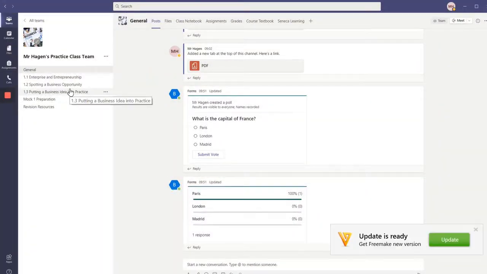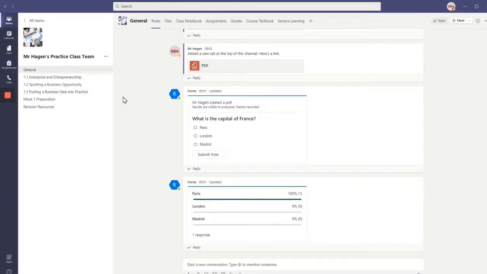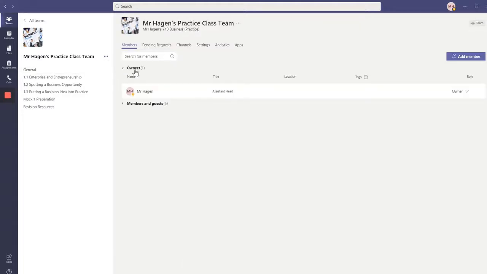So in terms of the admin settings, to make sure that students can only do on Teams what you'd like them to do, you need to go on to these three dots here to access all the settings, just next to the Teams title. And then go to Manage Team, and then go to Members. So you can see here, I've just got Mr. Gregory in my team at the minute as a student. And if I want to mute Mr. Gregory, then I can just click just here, and that will mute all students in my team,